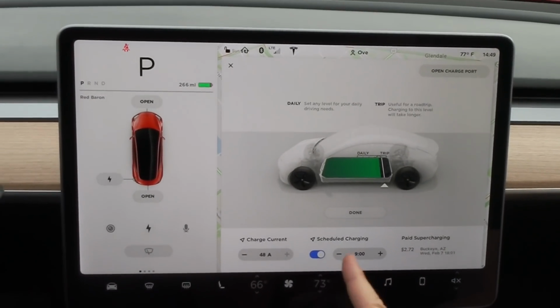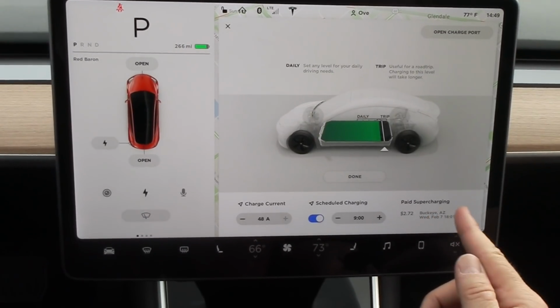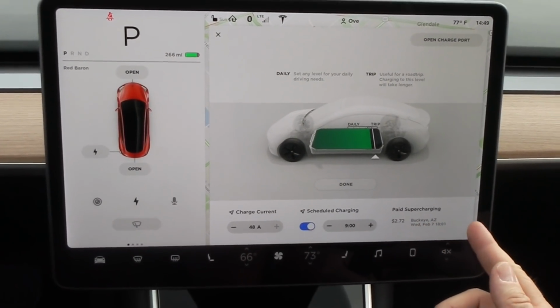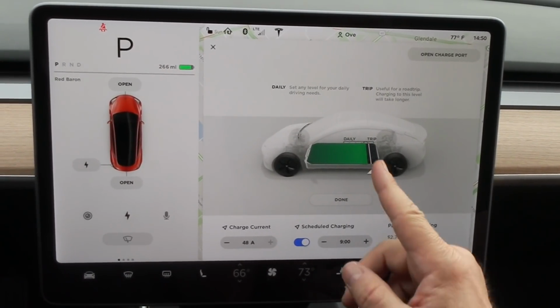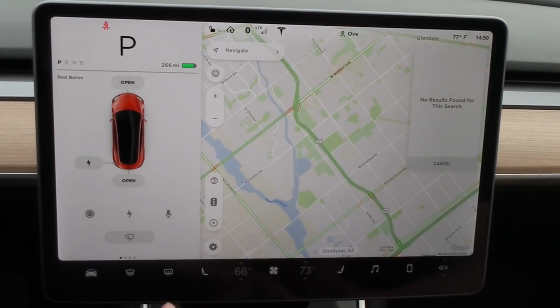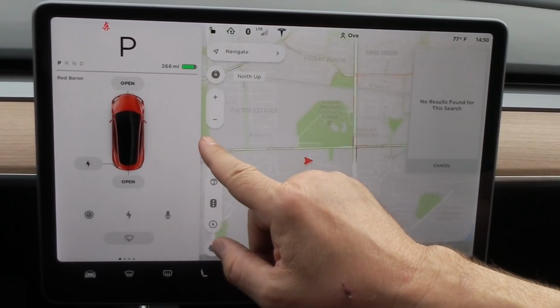So there's an advantage. Here you can schedule the charging time for that one, and here you can see how much of supercharging you already have paid. And you do get penalties for that as well. We talked about that. So closing this area, then that's the typical navigation, zoom in, zoom out, north or not north, and